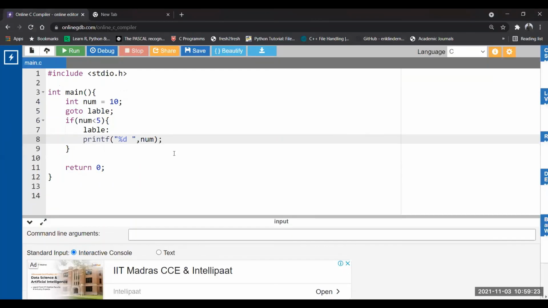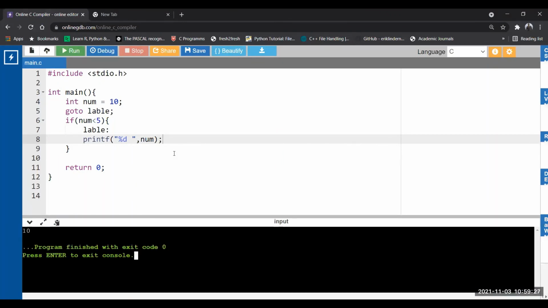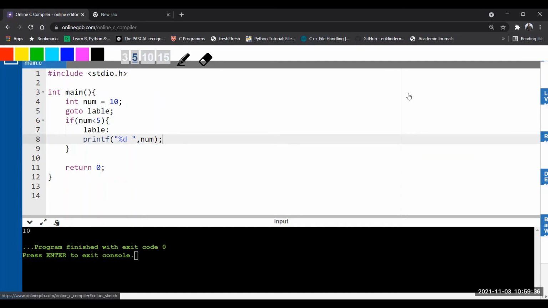So now see this code. Let us first execute, then I'll explain. See, there is no error. We get the output. See how dangerous goto is. You cannot imagine how dangerous goto is. See this code. I've given a number num equal to 10, and I'm checking the condition 10 less than 5. So it is a false condition. Correct. But due to the nature of goto, it will totally ignore what you have, if, else, whatever, hardly matter.